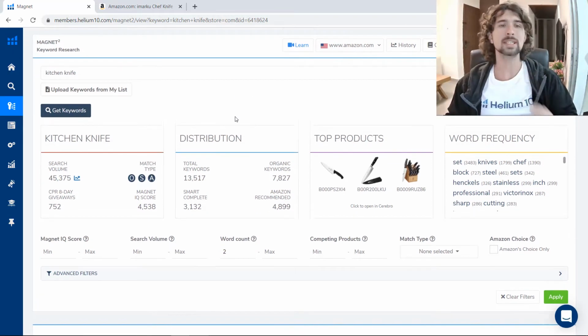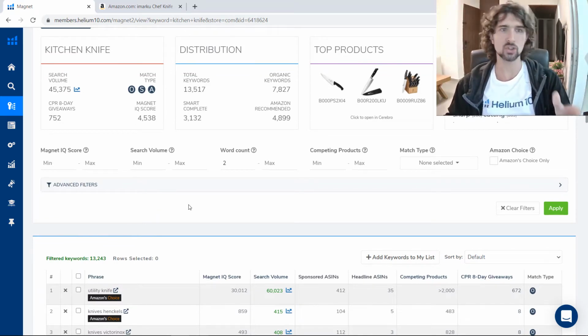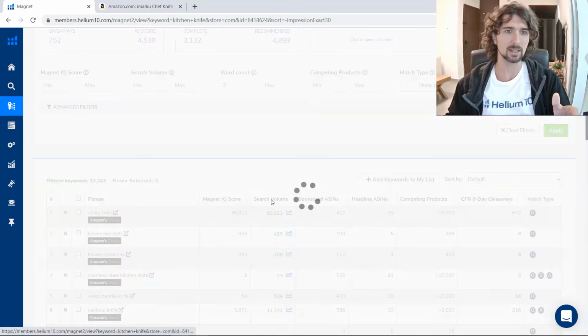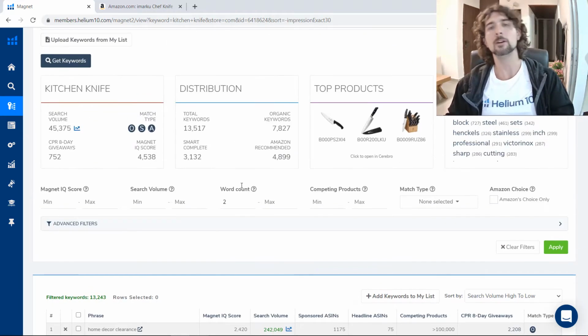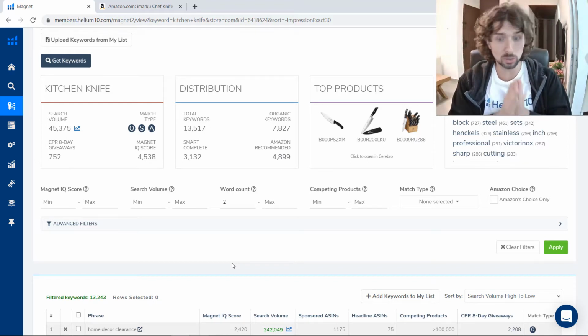Anyway, now what do we see here? We see pretty much the same thing. We have all the filtered keywords that are connected to kitchen knife. So you're gonna have like 13,000 keywords here. And what's the difference between Magnet and Cerebro? Magnet can give you more broad keyword selection, because in Cerebro it only shows